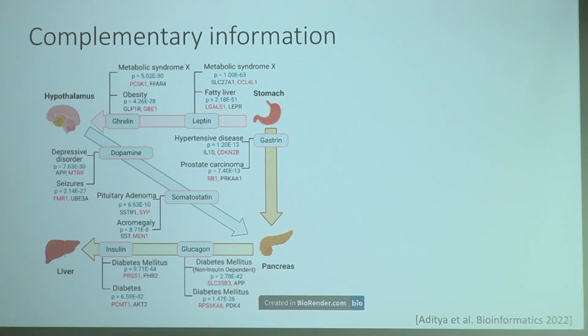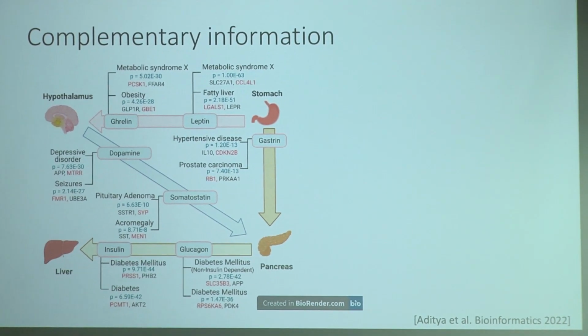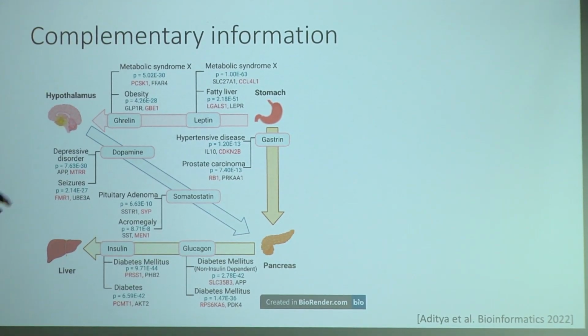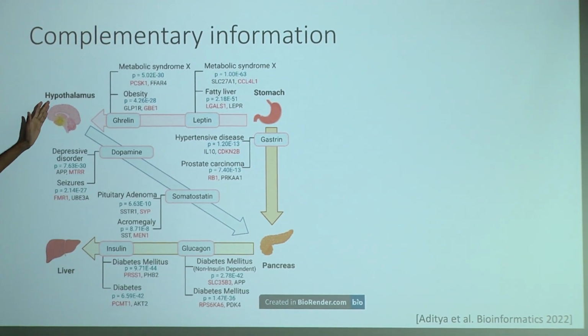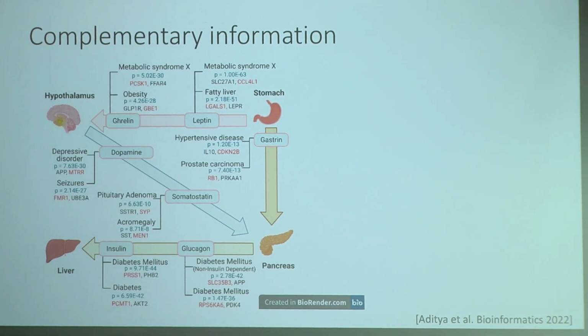Okay. So we can assemble our predictions and construct this intertissue network that I was talking about, right? These hormone gene relations are one main component of this interorgan communication network. Here there are 4 organs shown: liver, pancreas, stomach and hypothalamus. For some of the hormones, let's say dopamine starts from the hypothalamus and then it targets the pancreas, right? So the source and target tissues are shown, and we have obtained these predictions for these hormone gene relations for each of these